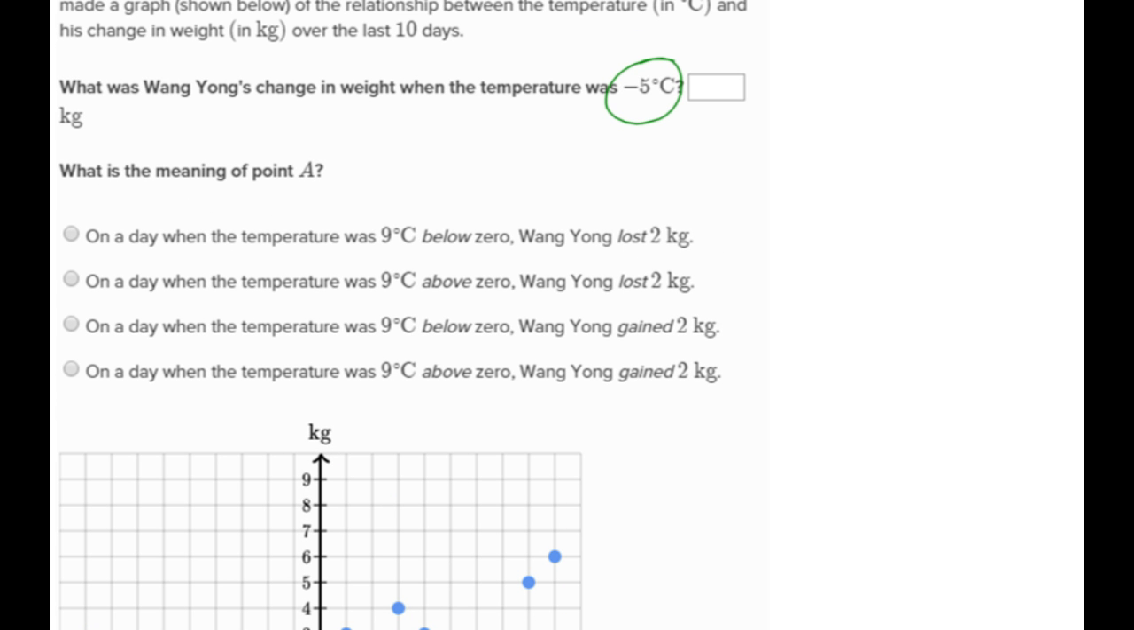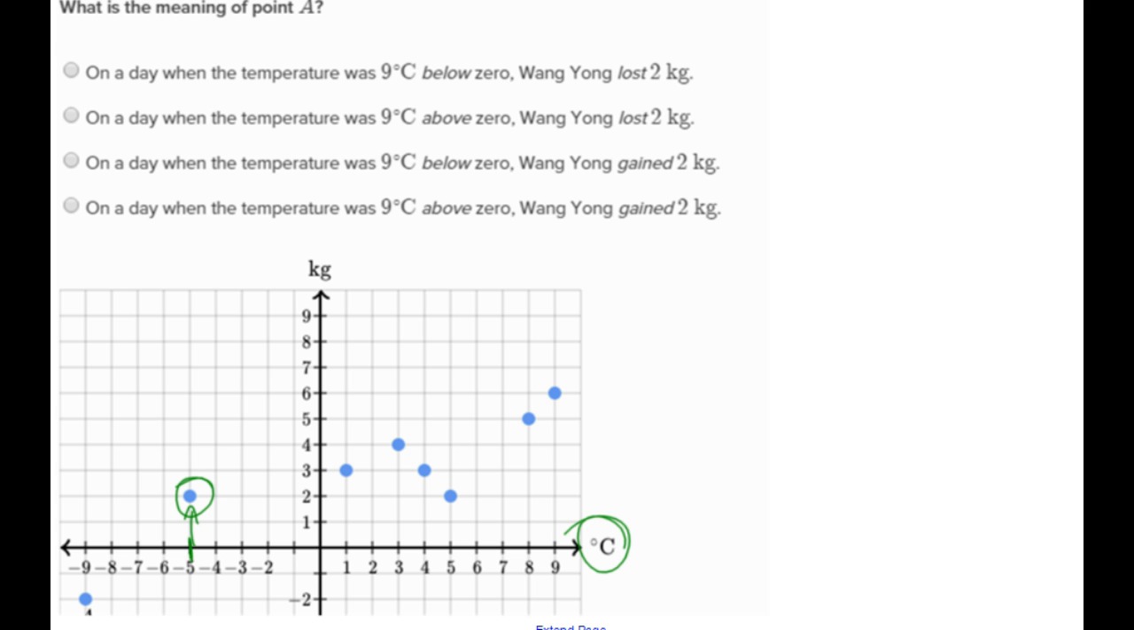So on here, it says what was the change in weight at the temperature of -5 degrees Celsius, and that is going to be 2. Then it says, what is the meaning of point A? Okay, well, we have to find point A, and it's kind of hard on this one, but point A is down here, bottom left corner. Again, bottom left corner, where I'm circling, there's A. What is the meaning of that? Well, first of all, it is -9 degrees Celsius, and then it's